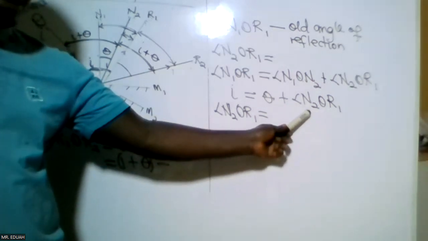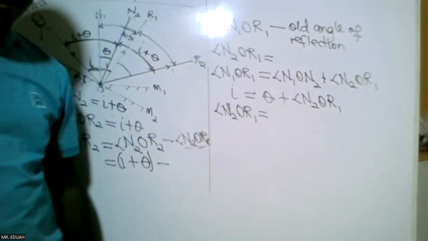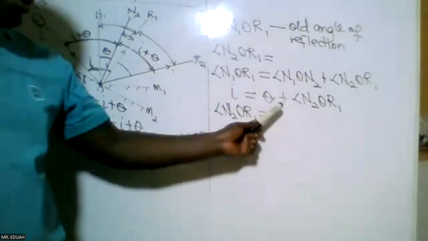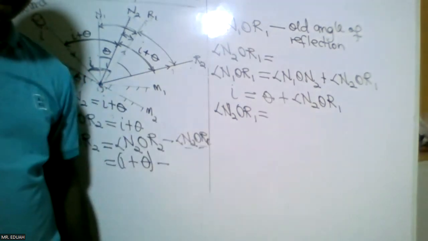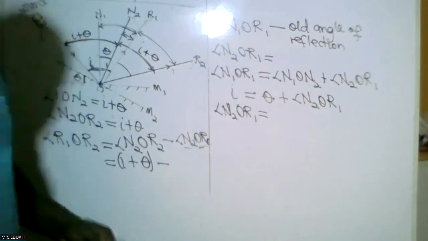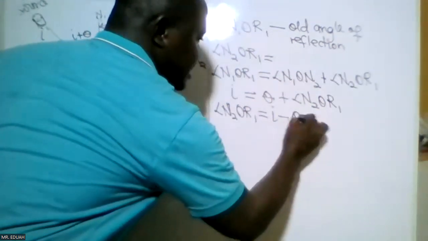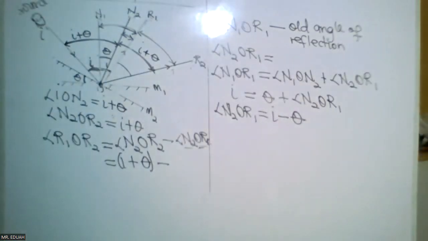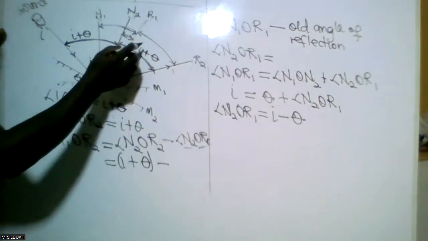You are making this the subject, so that will be equal to... you have to take this from here. I minus theta. So I minus theta. Okay, good. So once we have this, we are looking for the angle